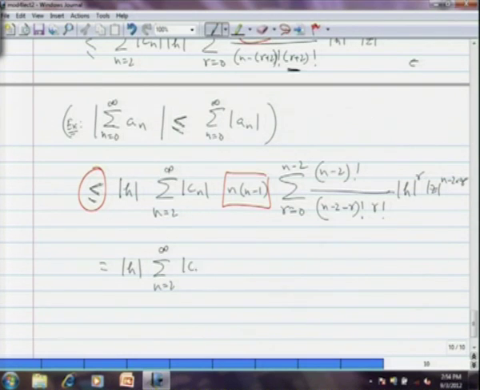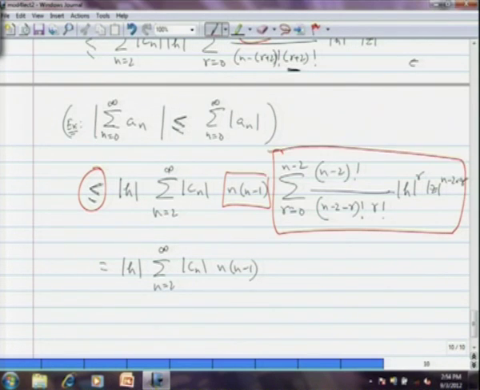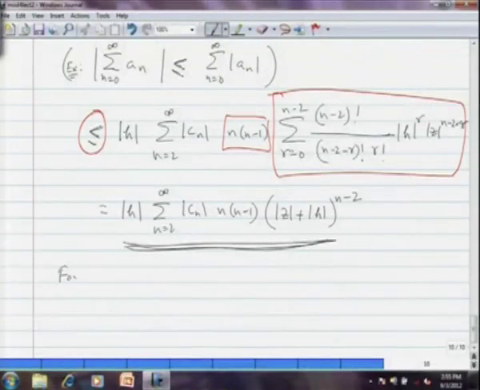infinity of modulus of C n times n times (n minus 1), and then what I have within this sigma you will observe is modulus of z plus modulus of h power n minus 2 by binomial expansion. Okay. So, this is nothing but the modulus of z plus modulus of h power n minus 2. For a given